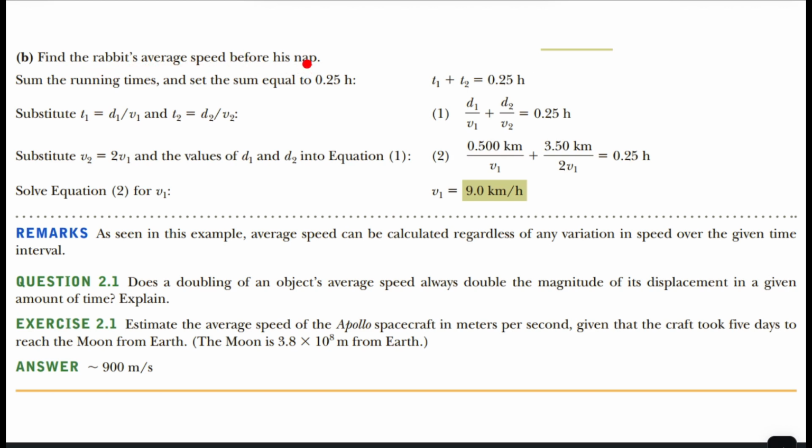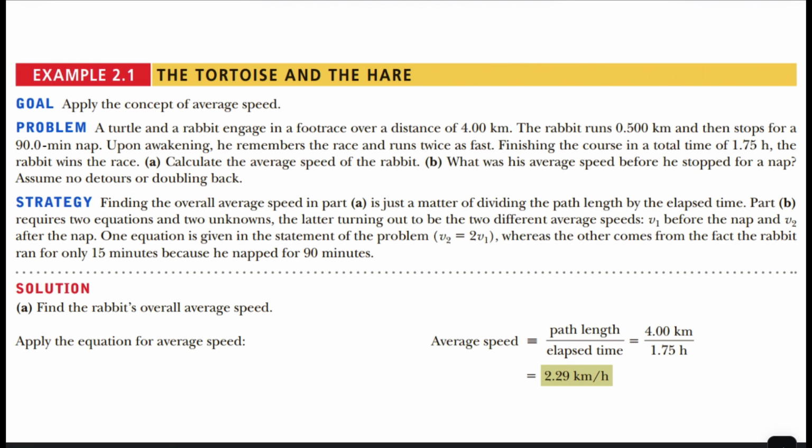Part B, find the rabbit's average speed before his nap. Okay, for part B, we need to know what is the average speed of the rabbit before it takes the nap time. So what we're going to do, we need to bear in mind that nap time is 90 minutes and total